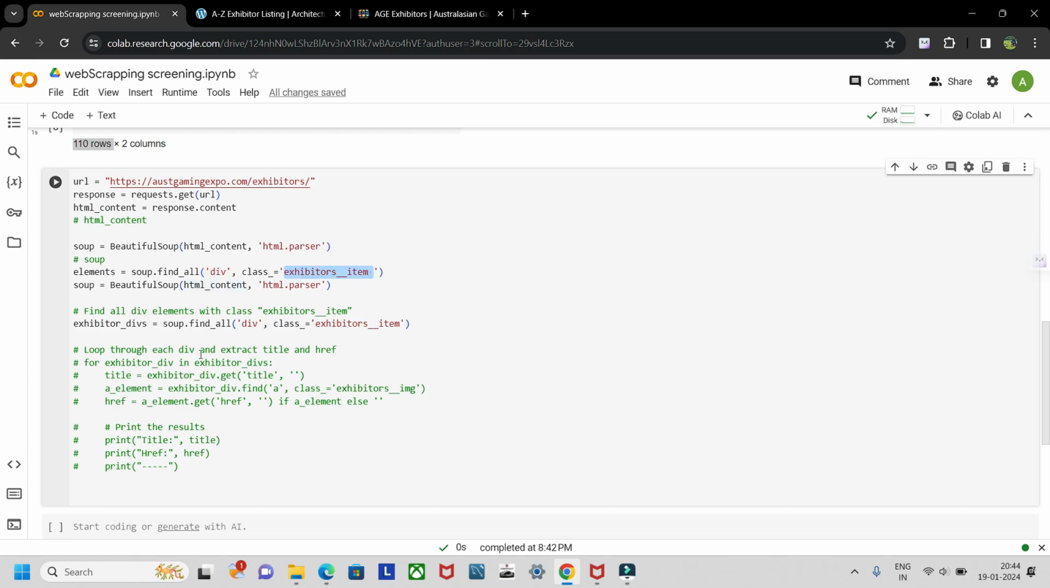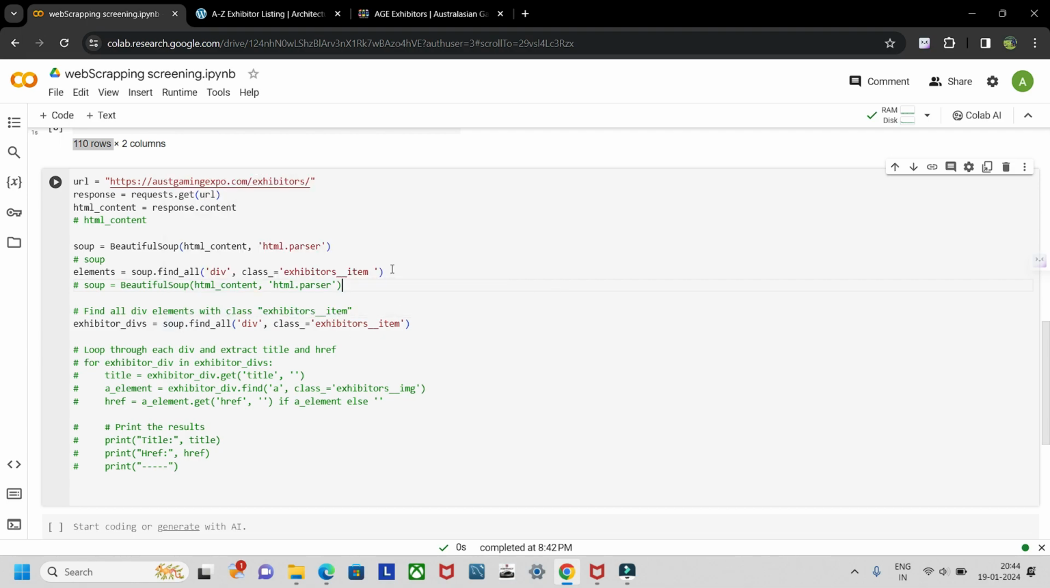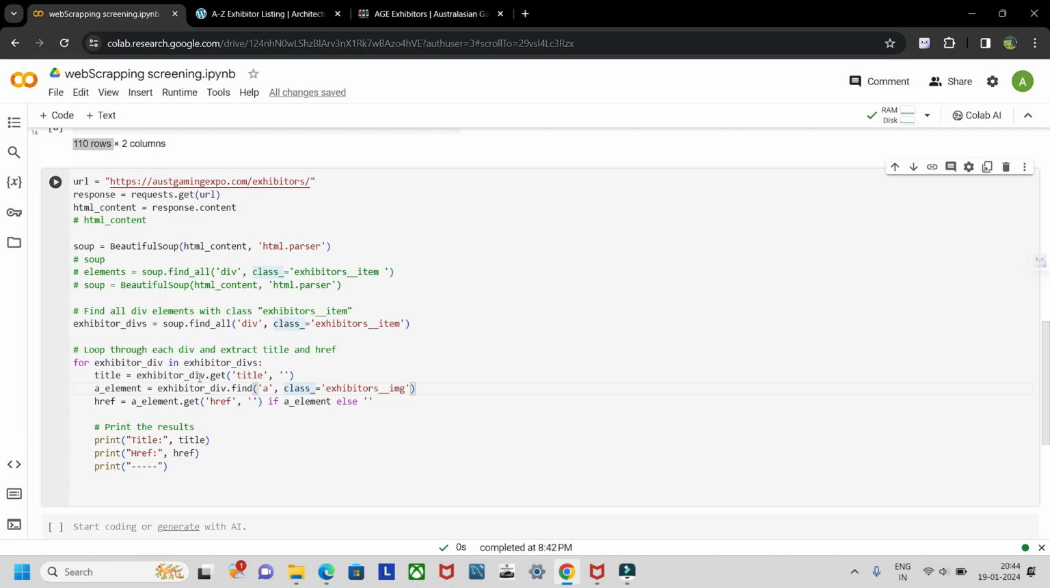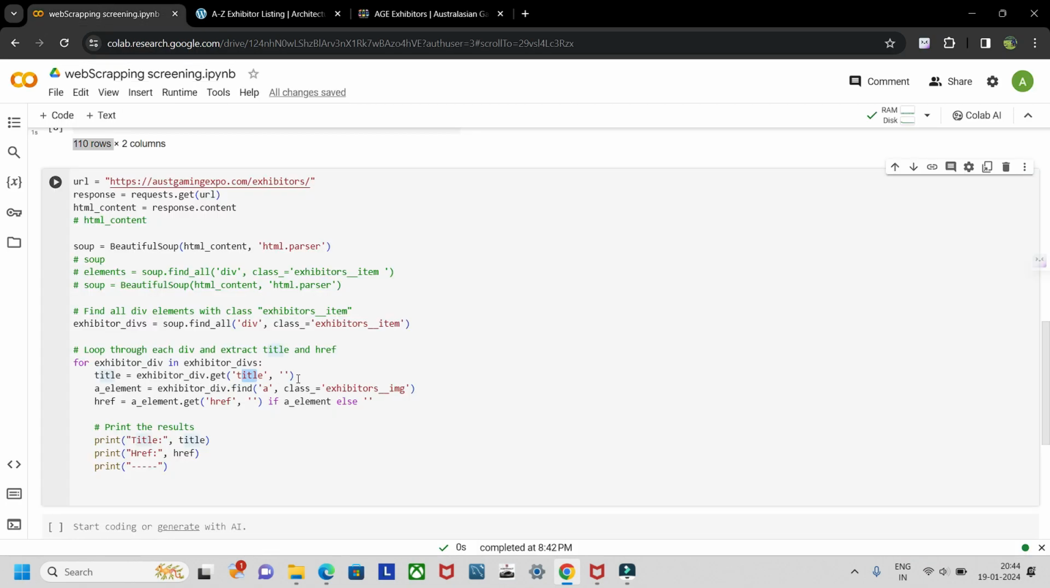And what is happening here? Soup is equal to, I don't need this. And then exhibitor div is equal to, I have written this twice, I don't know why. Let me comment out this HTML content HTML parser, then div exhibitor item. Then I need to uncomment this part. For exhibitor div in exhibitor divs, title is equal to exhibitor div dot get title. So basically we are getting the title from here. This is the title, that is the name of the organization, and a